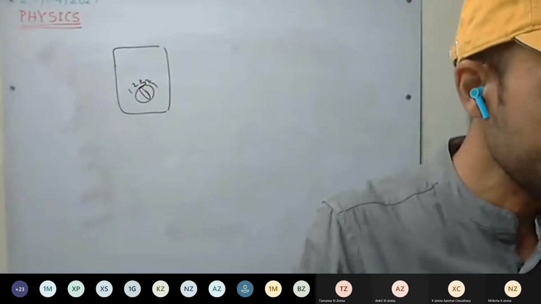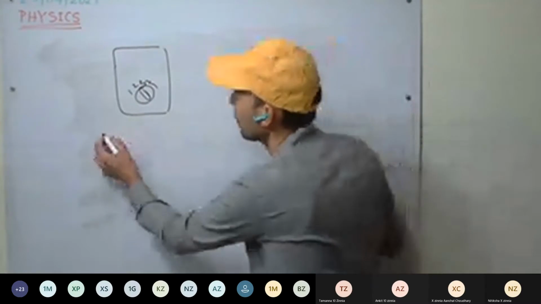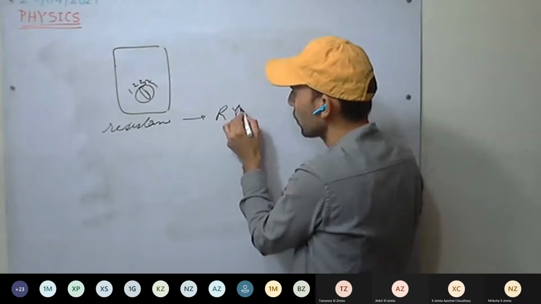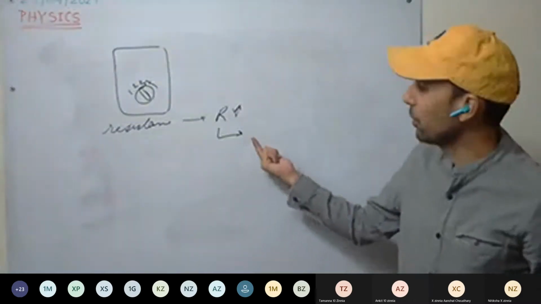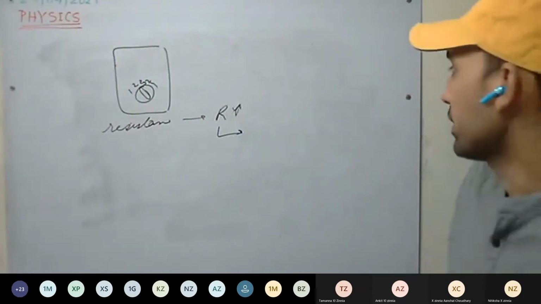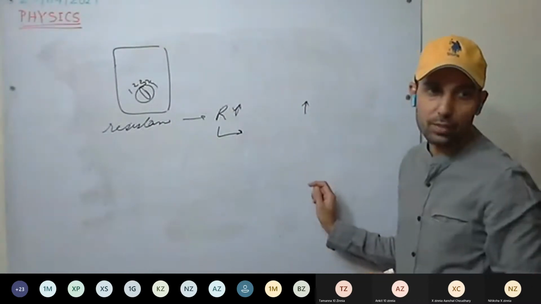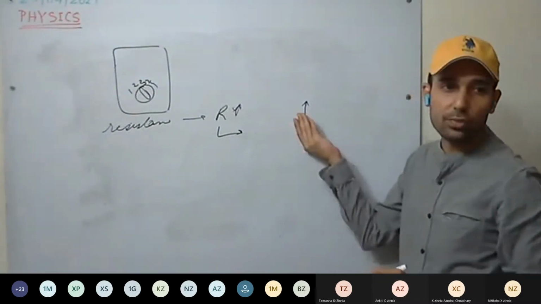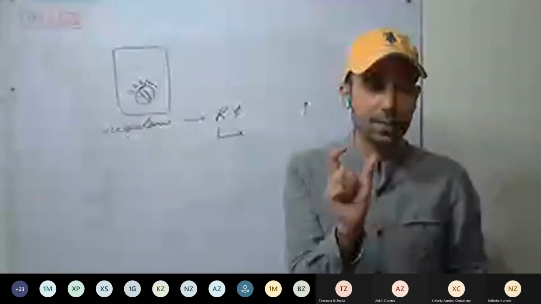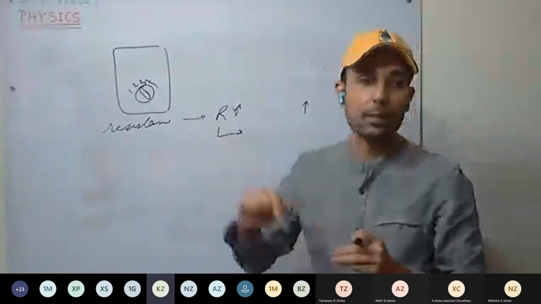So for such purposes, for resistance wire, for standard resistors, what should we have? For resistors, we require high resistance. The material which has high resistance, we will be using for such resistors. For example, constantan or manganese. These wires are used. And one more thing, they should not vary with temperature. They should have the least variation with temperature. These resistors must be constant. It should not be like this: as temperature changes, the resistance changes.